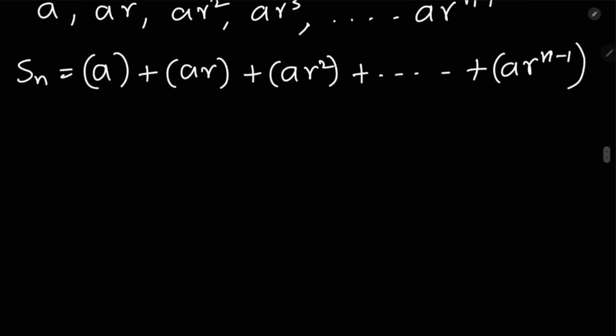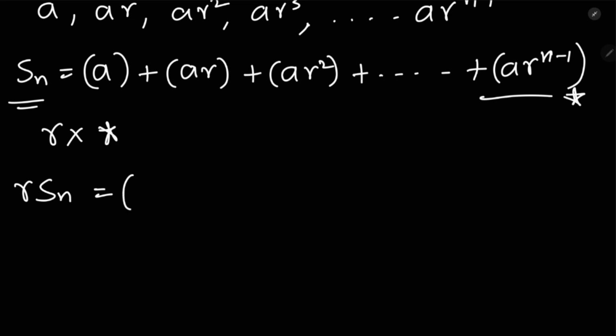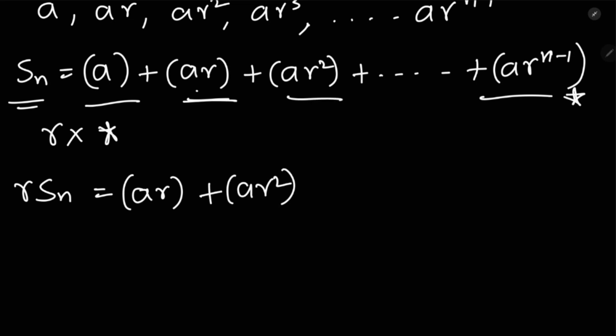Now what I'll do, I'll multiply this equation, let me call it star, I'll multiply this star by r, the constant ratio. So what I will get is the left hand side will just be r times Sn, and we have ar, multiplying r to all these terms individually. So this will be ar, this will be ar square, this will be ar cube,